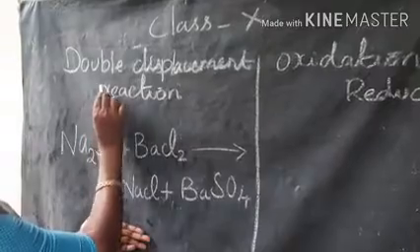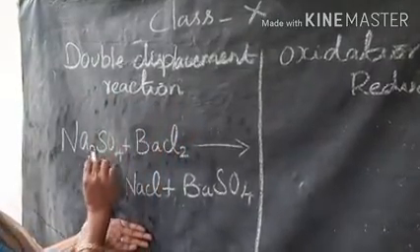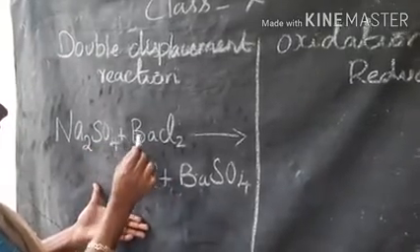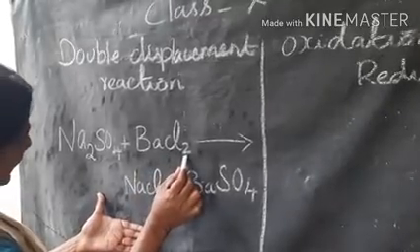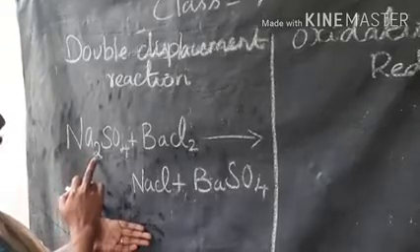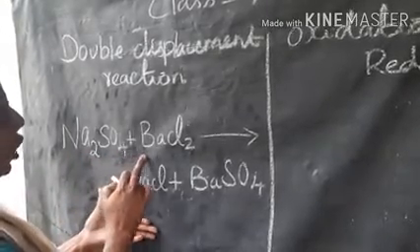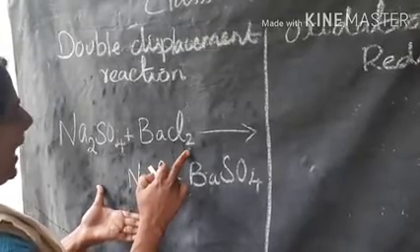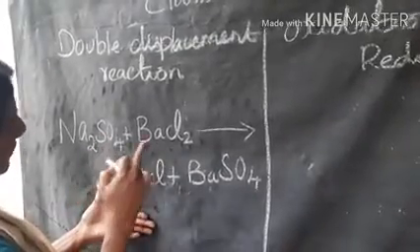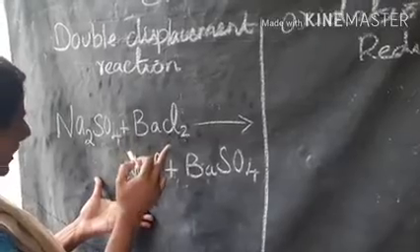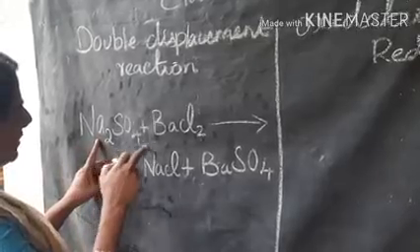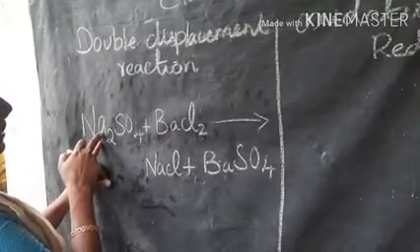Okay, it defines that a reaction in which exchange of ions in reactants takes place. For example, look here, add sodium sulfate slowly with barium chloride and with equal amount. For example, if it is taken 3 ml, it should be 3 ml. 5 ml means 5 ml. After the reaction, you can see clearly sodium exchanged with this one, barium exchanged with the sulfate.